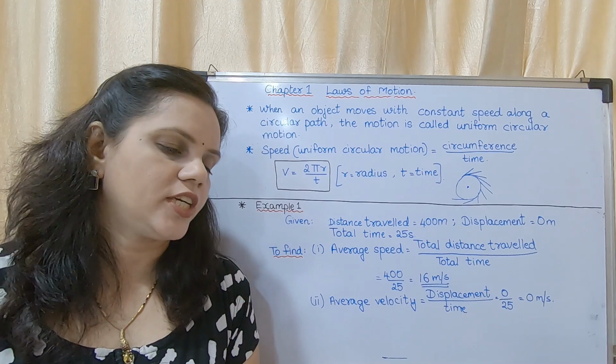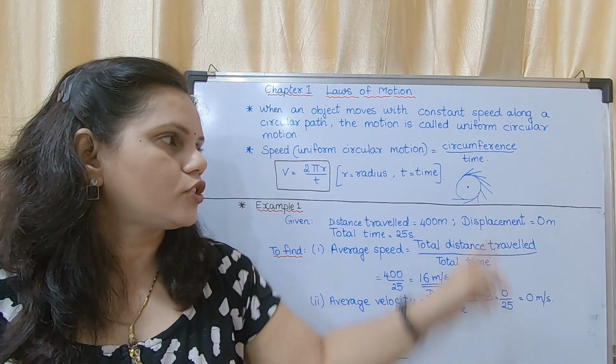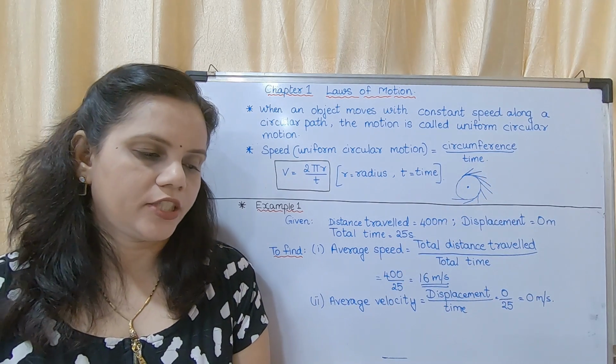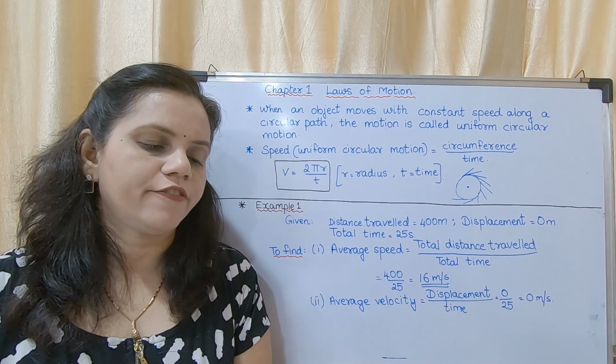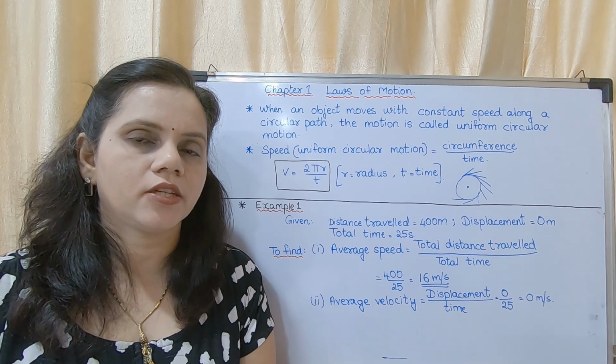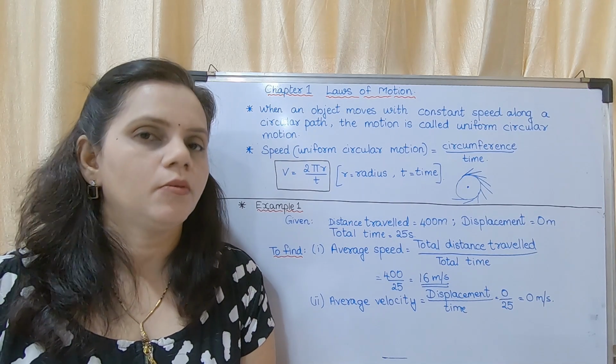So what is a tangent? A line which is drawn from the point of a circle. Okay, so this direction is said to be the tangential direction. The coin will be thrown off in the direction of the tangent, which is perpendicular to the radius of the disc. This much is about uniform circular motion.